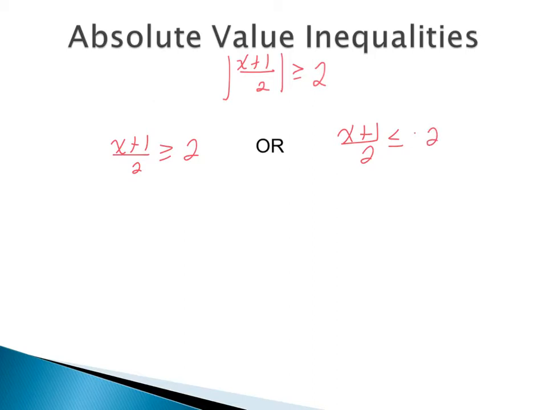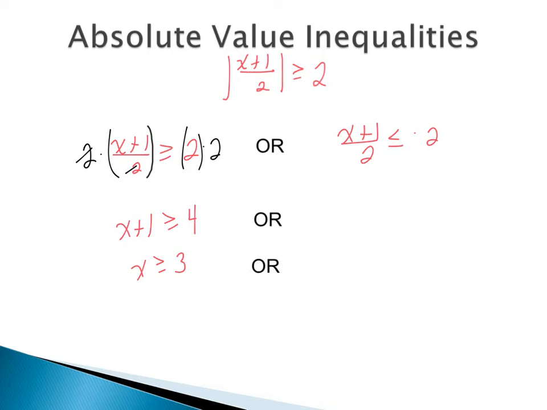So that idea that when we multiply and divide by a negative, we flip the inequality, same thing here, is that when we're making that number negative, we have to flip the inequality. Now it's a matter of solving for x in each case. So I'll start on the left-hand side. We need to get rid of that fraction, so I'm going to times both sides by 2. So that way these would cancel out, you're just left with x plus 1 is greater than or equal to 4. We do not flip the inequality since we multiply by a positive 2. Continuing to solve for x, we would have x is greater than or equal to 3.